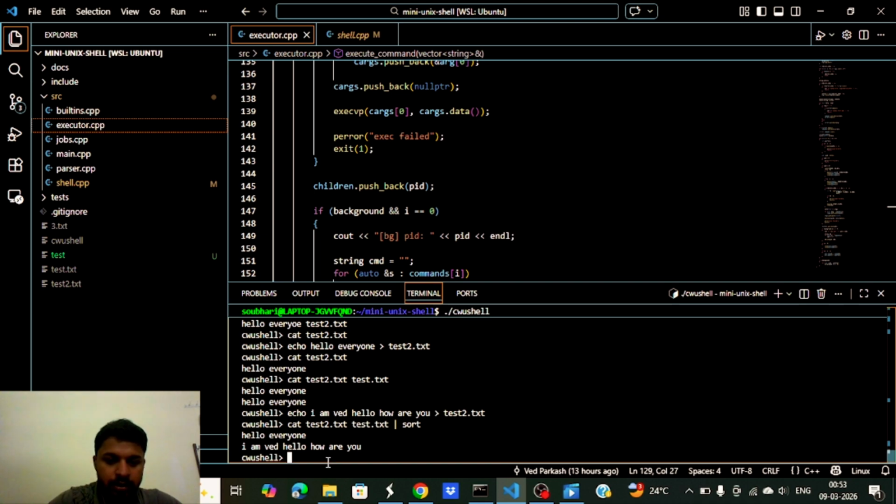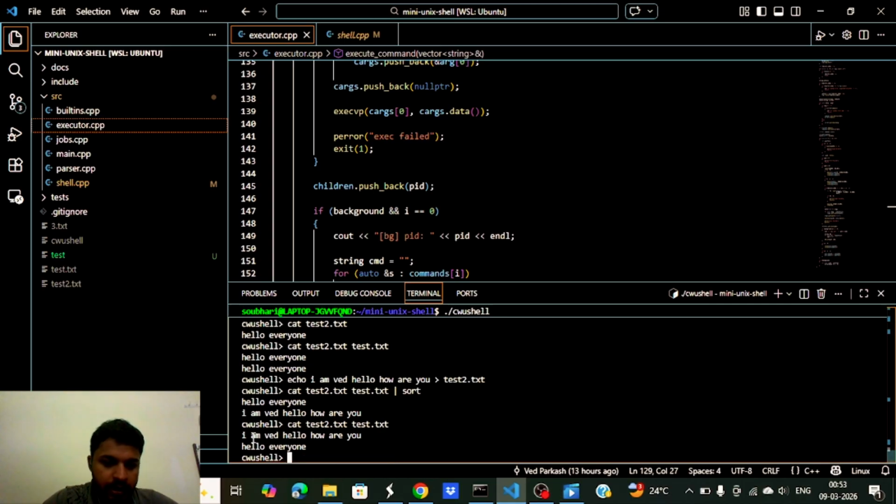If we don't use this sort, let's see, it will print without sorting. It is like I am hello, how are you, is above the hello everyone. So this is due to the pipelines we have implemented in our program. Pipelines are basically used for communication between the two processes